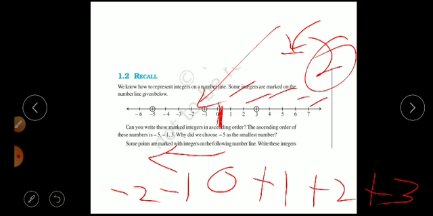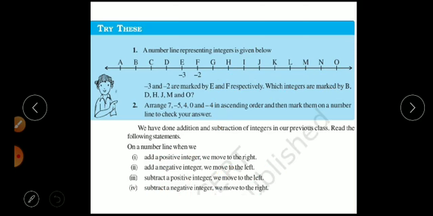Okay, so this is your number line. Now here F is -2. What is -2? -2 is a negative integer. E is -3. -3 is a negative integer. What about G? G will become -1. On going right from -2 there will be -1, so G will become -1, H will become 0, I will become 1, J will become 2. Okay, similarly 3, 4, 5, 6.